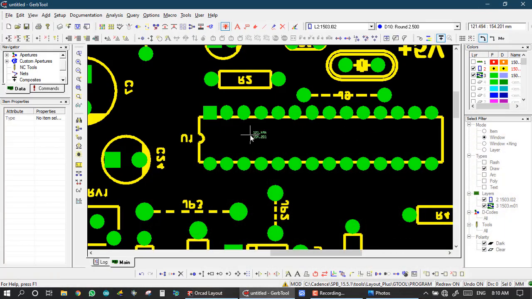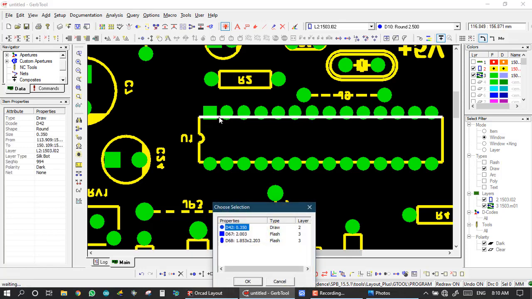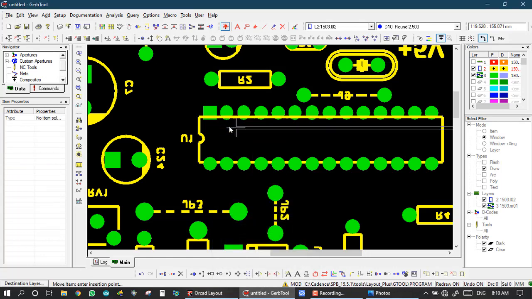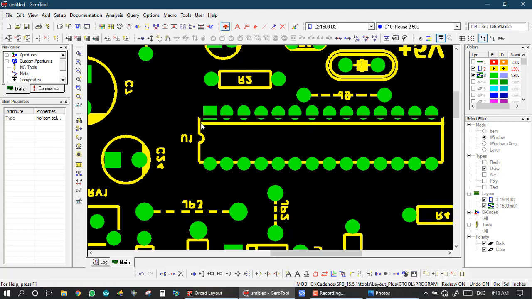So here the legend layer overlaps the masking layer, so I move it. To move, right click on this and select draw, enter and move. So I move it here like this.